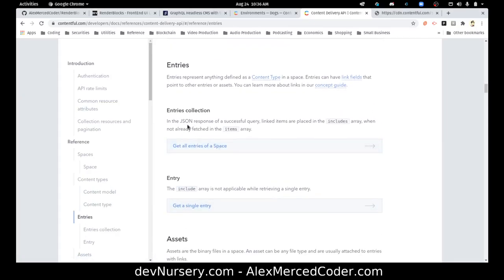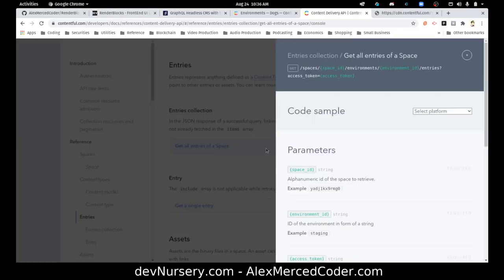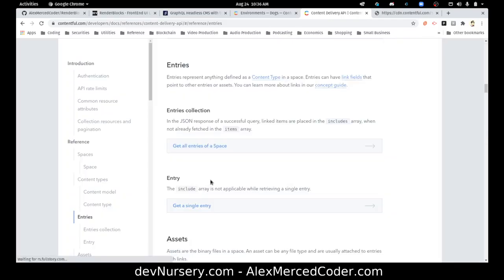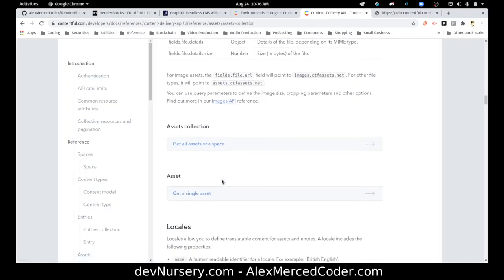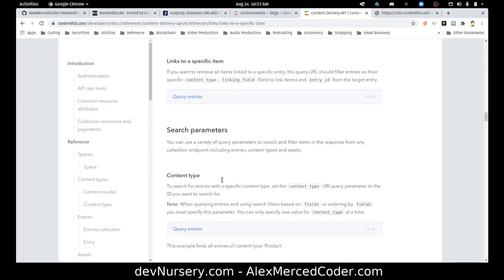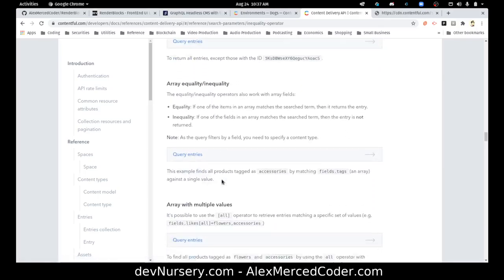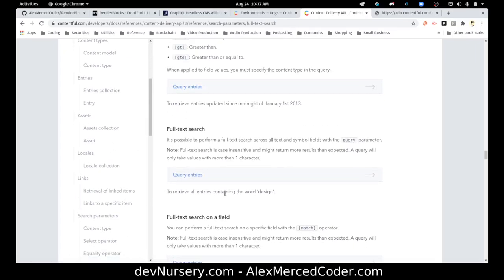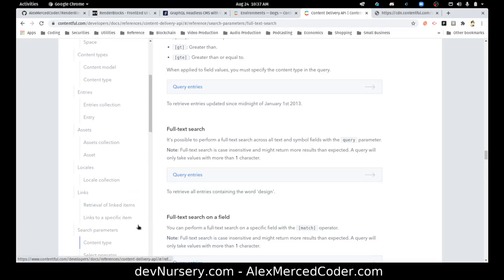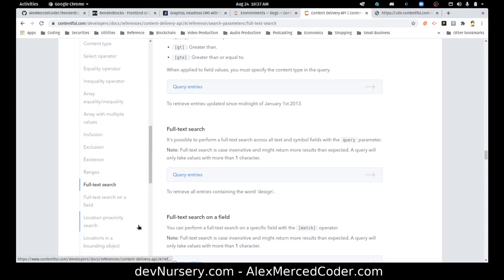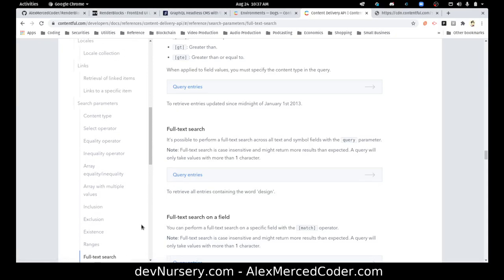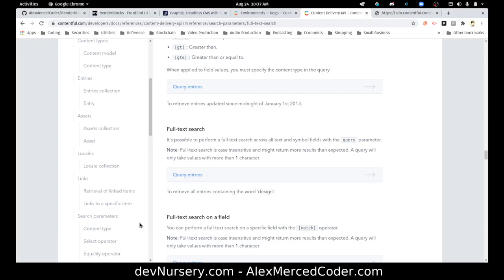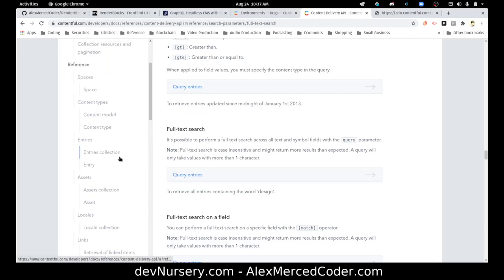Get all entries of space. So that's the JSON response when ready. So space ID. Let's see. I want to get the dog specifically. Locales, links, search parameters. That's one thing. Like Butter CMS and Graph CMS, which went over easy, this part was a lot quicker. This one you have to really read through the docs. I'm sure it's quicker if you use the SDK, and that goes for all three. If you use their SDK, makes life a lot easier. But I always like to be able to just do the bare knuckles